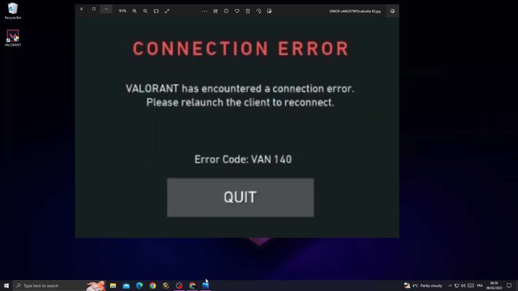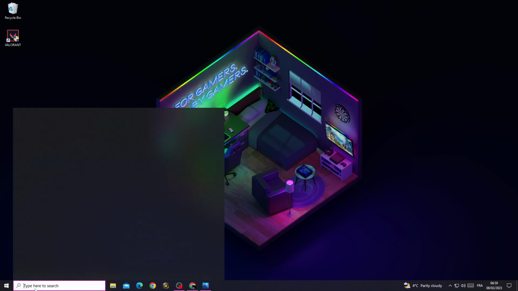How to fix Valorant disconnection error. If you want to fix it, it's easy. First, just type here